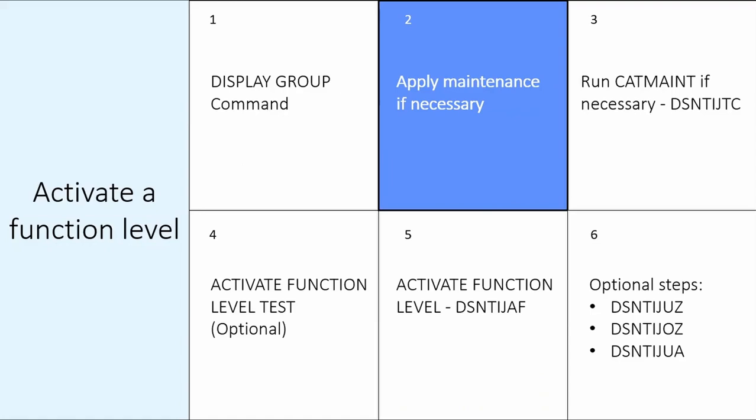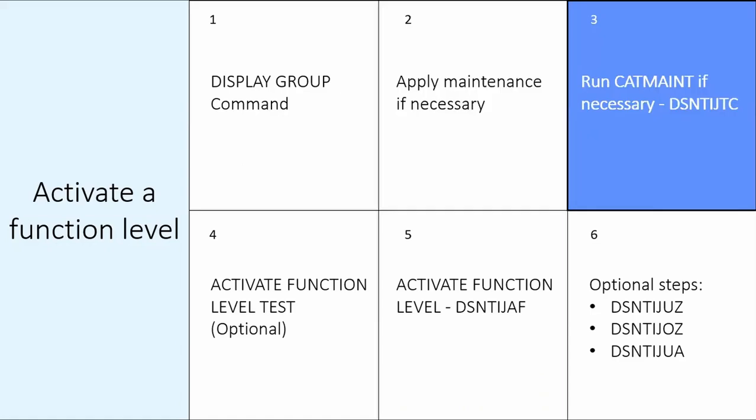And after applying maintenance, if necessary, we will move to step 3, where we can run CATMAINT if necessary. This is the DSNTIJTC job. This job takes an image copy of the Db2 catalog and directory. So you will run this job to run the CATMAINT utility with level